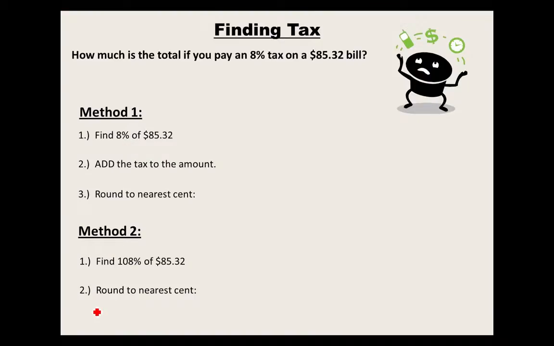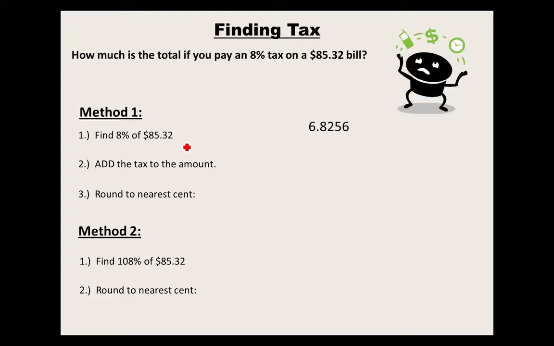Let's go on to the finding tax. Now, tax is kind of the opposite of a discount because it's something that is added on to your bill. It's something that is in addition to your payment. So one method, like I did with discount, I'm going to show you guys a couple methods here. Let's find 8% of $85.32, because that's what the tax is. 8% tax on an $85.32 bill. And that's what my calculator spit out,